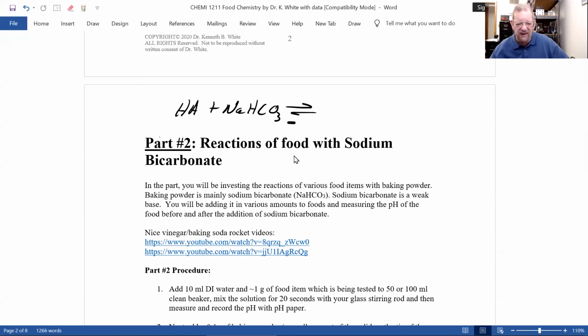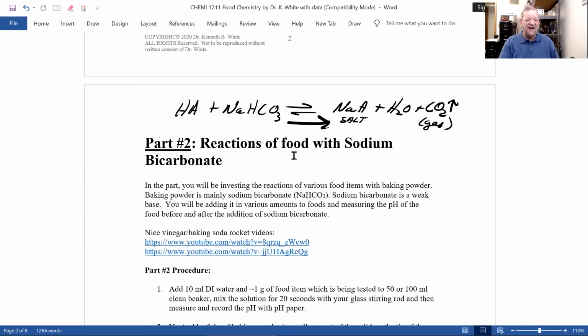is in equilibrium, but it's mainly to this way because it has a very high equilibrium constant. You'll get a salt plus water plus carbon dioxide, and the arrow up means it's a gas. You see bubbles. And this part, you'll be reacting sodium bicarbonate, which is a weak base, with different acids in